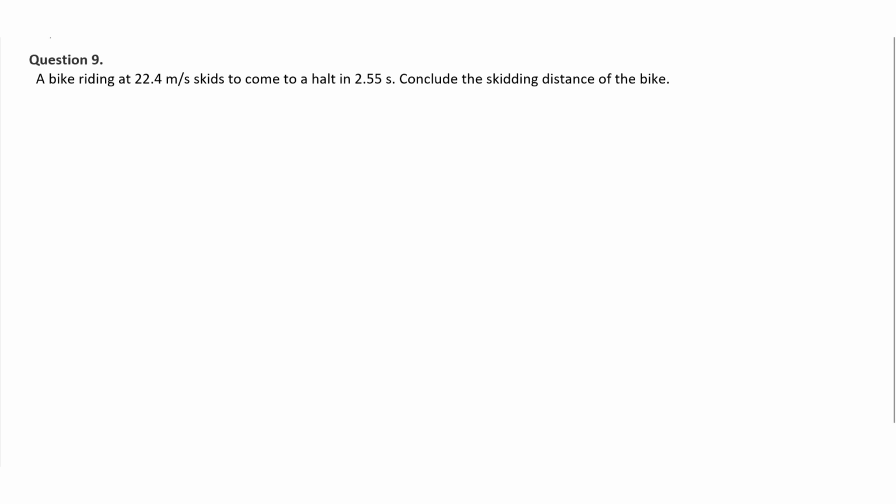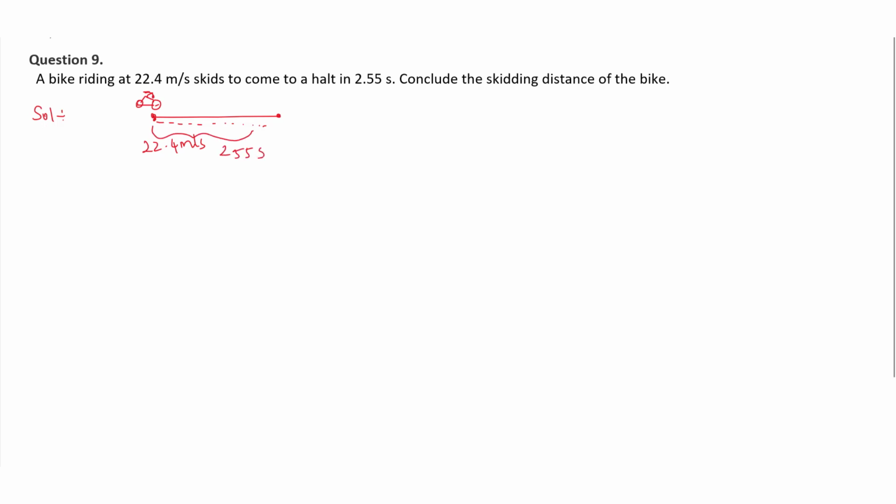So on the basis of the given data, this is our bike, which is moving at 22.4 meter per second. It skids at this point and comes to a halt after